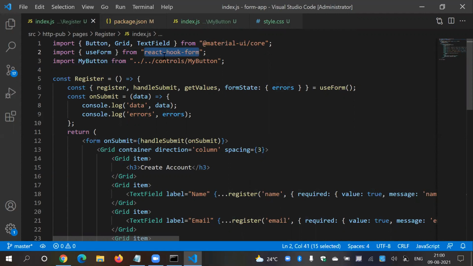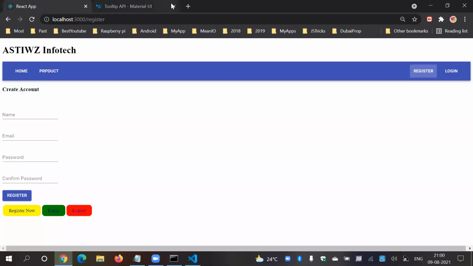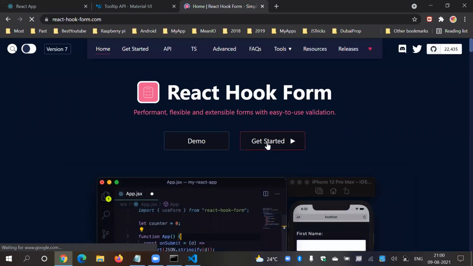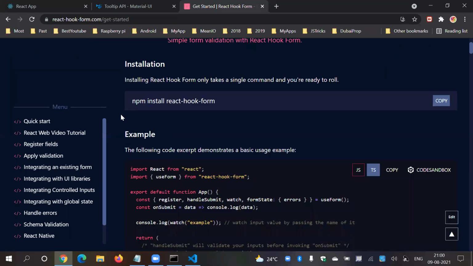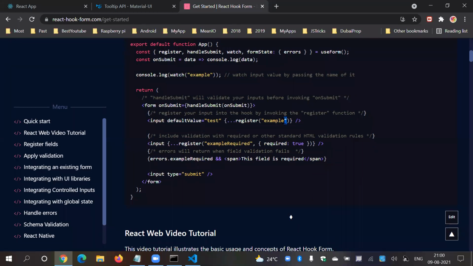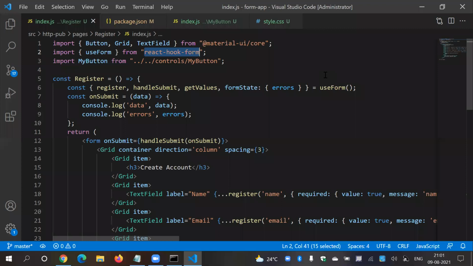So what I did, I think I already explained in that video. Here is the site, React Hook Form. Here is getting started. And here is the npm install for that library, and how to use it, like register, give some name. So now there is no need to mention ID, name, anything over here. This is your ID, this is your name, this is your reference. That's it. So register with whatever name you want, whatever identification for that control you want. But remember that it must be unique in that page, that section.